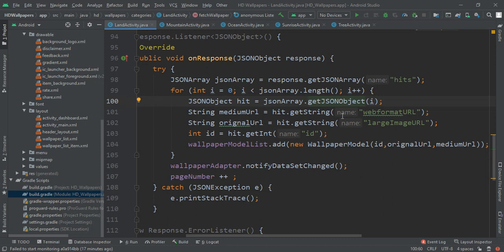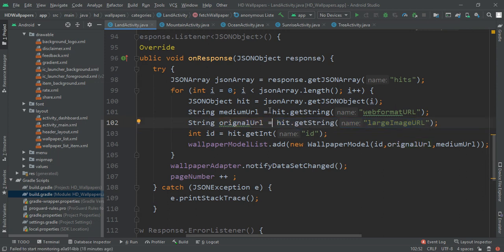Then we have to take this hit and get the things that we want. Currently we are just getting the medium URL and original image URL, and after moving to our next series we are going to load many more things. Here we are just getting this much string.